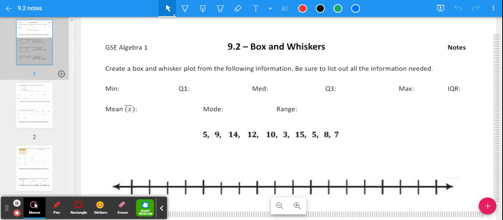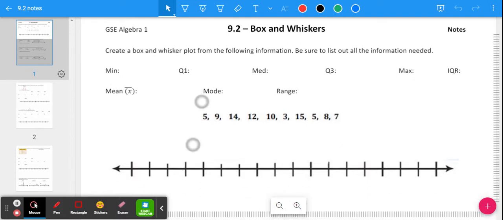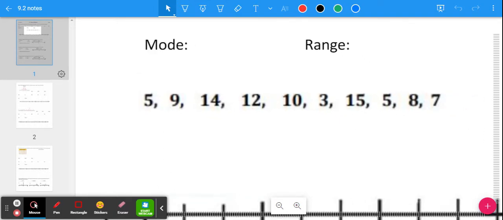This is 9.2 box and whiskers. So the first thing we have to do on all of these is get the information in order. So looking at this first set of data, the smallest number is 3,